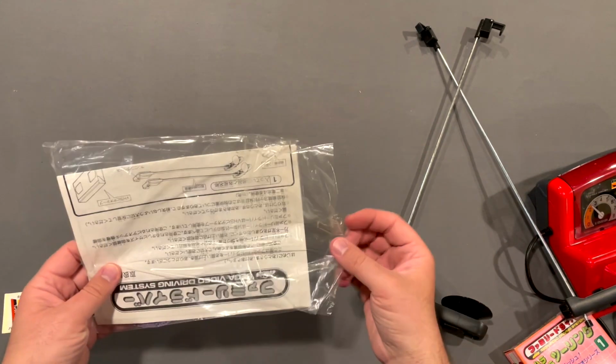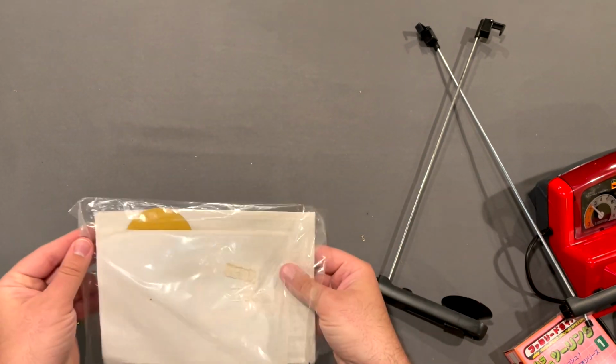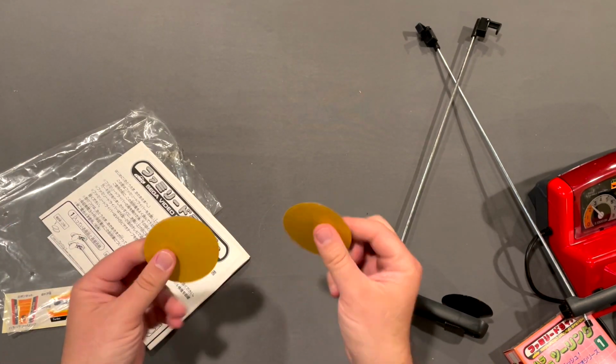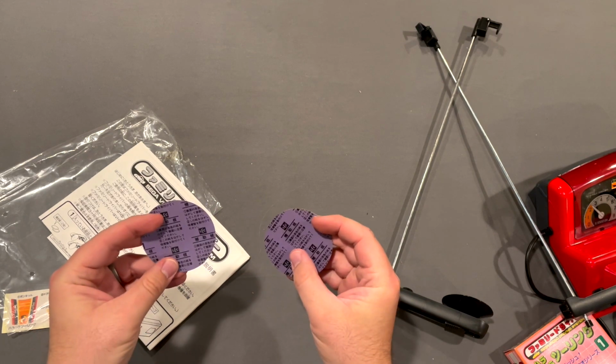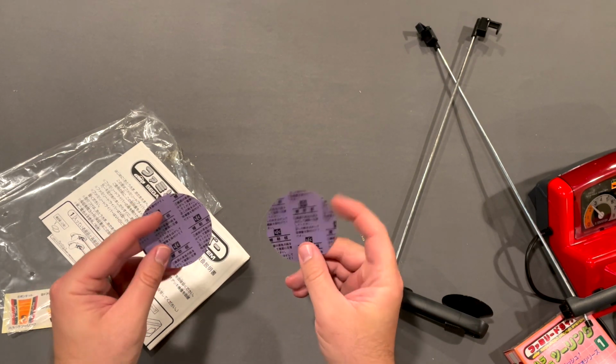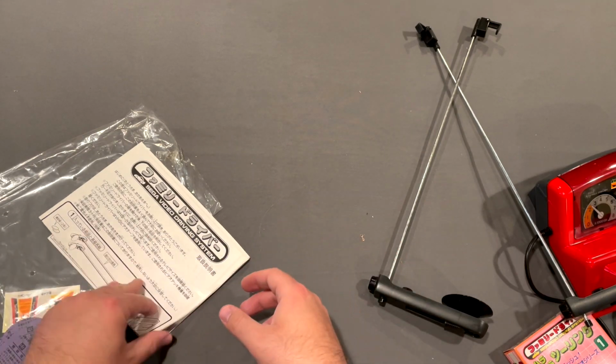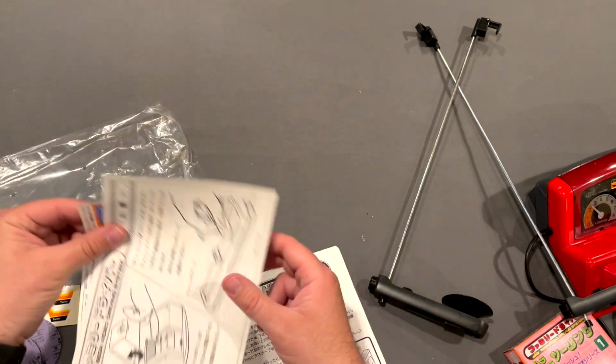And let's see what we've got in here. Some instructions and some circles. What do we got here? What is this? Well, it comes with a pair of purple circles. Awesome. Let's see, we've got...